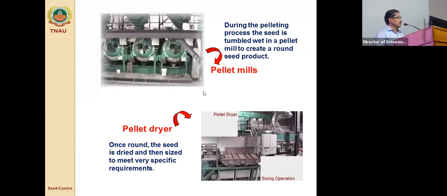This is a business they are doing, and after making pellets, we can go for drying also. So this is our normal mechanized dryer, and there are also sizing operations like sorting the pellets. Sometimes there is a chance of an empty pellet without seed, where just the pellet alone is formed. That is called an empty pellet, and it is not useful. Sometimes two seeds are combined together in a single pellet, and sometimes there may be a broken pellet or size-reduced or small-size pellets. All these things will finally be separated by sorting machines also.